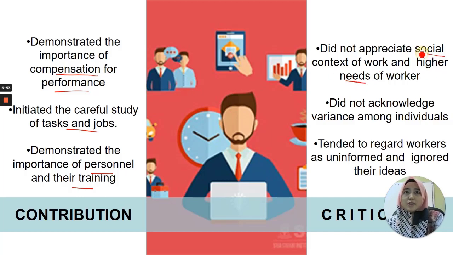So regardless lah dia punya social standard ke, apa masalah peribadi dia ke, apa masalah emotional dia ke, dulu mereka tidak menekankan tentang perkara itu. Okay, and they did not acknowledge variance among individual. So kalau macam yang pekerja mengait tadi, ada pekerja A, B, C dan D, yang seorang ni dia ada slow sikit, so mereka tidak ambil kisah.